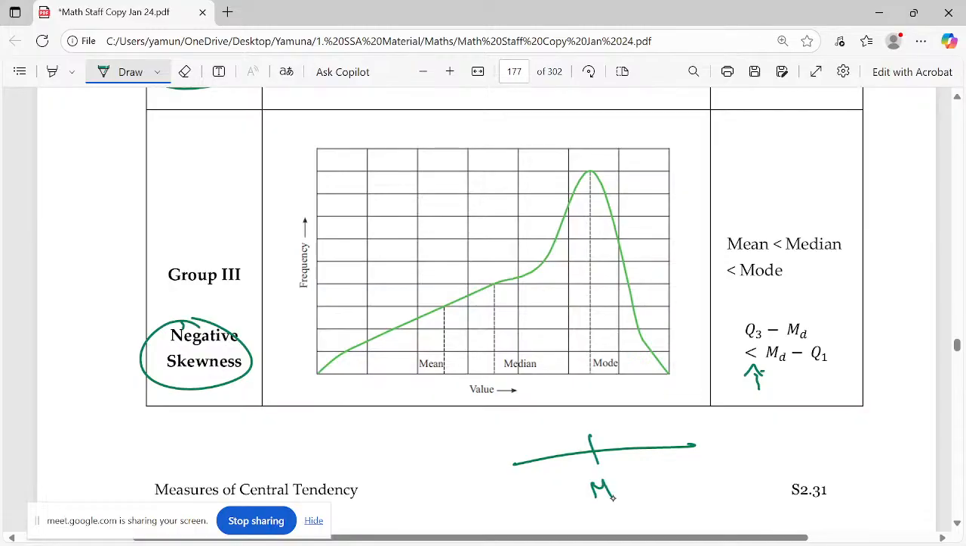See, this is the value, this is the median. Here is Q1. Here is Q3. You cannot exactly